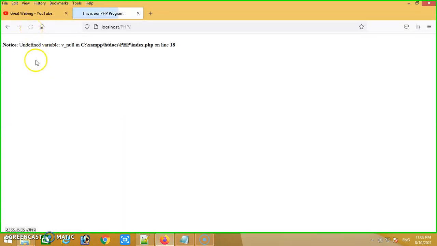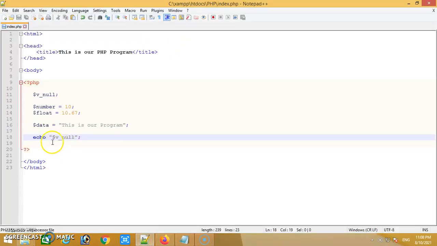See, it is giving undefined variable v underscore null, along with your file name index.php, the full location of the file, and the line number. This line number is 18. If you check your file, this is the line number where the variable is undefined.